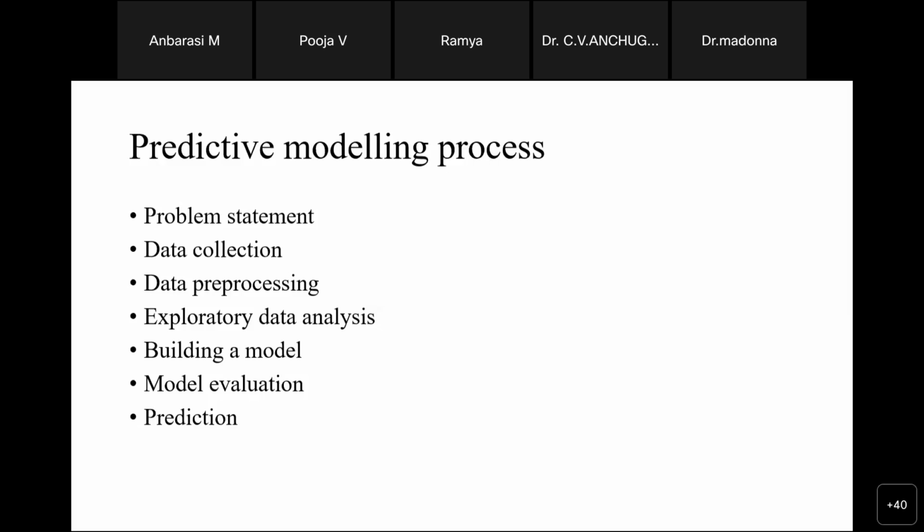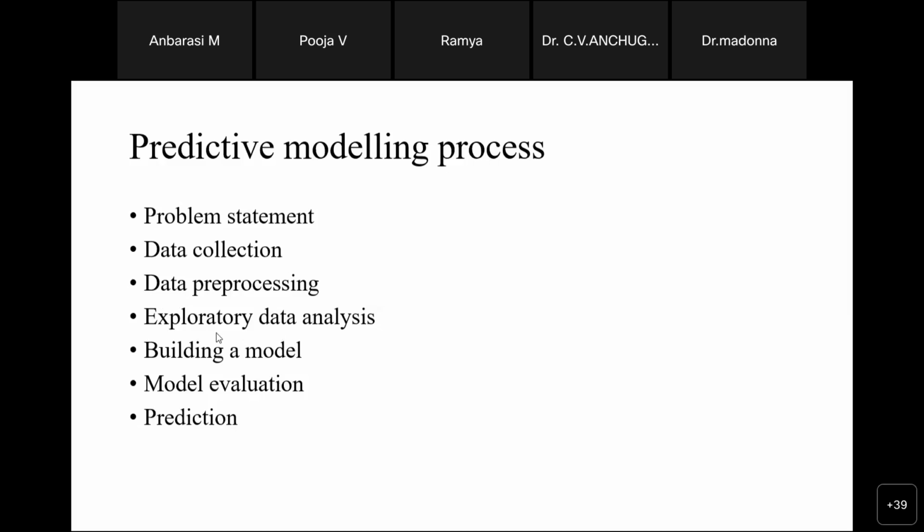Whatever data we have will obviously contain missing values and redundant variables. You may even have duplicate values. So it has to be pre-processed. Once we have pre-processed the data, only then can we apply whatever technique or algorithm we are going to use, and get the correct predictions. So after collecting the data, we go for data pre-processing, and then we go